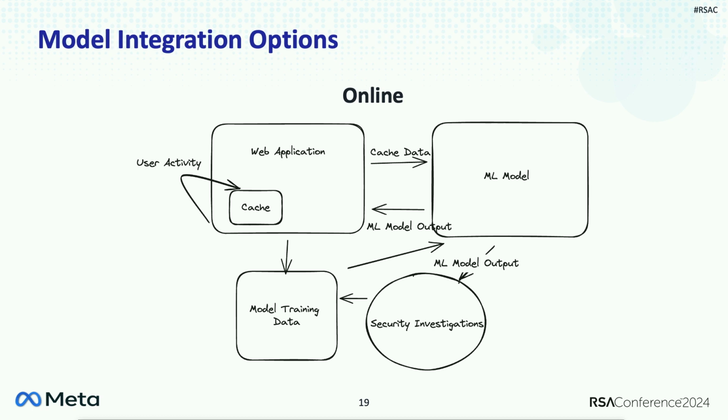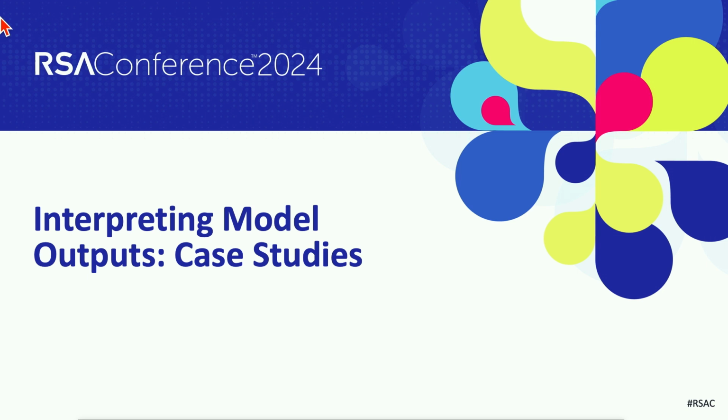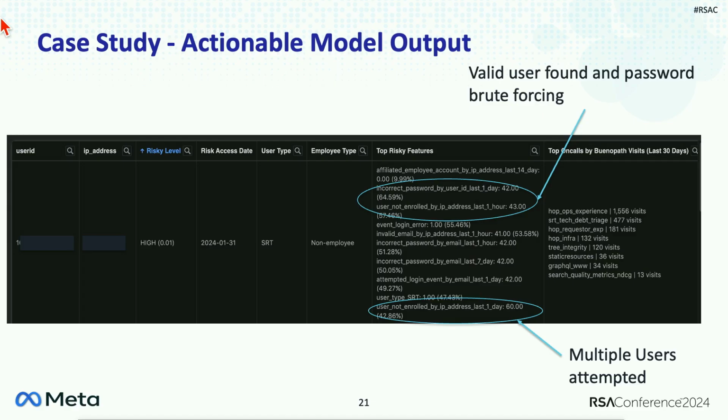And then, of course, as you retrain, just know that it will have direct impacts on your users, assuming you are dynamically responding. And so let's talk about the case studies and how we interpret the model output. So this is what our dashboard looked like after running a red team or an adversary operation on our application. In this particular case, we are surfacing our identifiers, so our user ID and IP address. But then the other two most important columns that we should talk through are the risky level and the top risky features. So on the risky level, we have low, medium, or high, and so we assign a general rough grouping or level associated with this behavior.